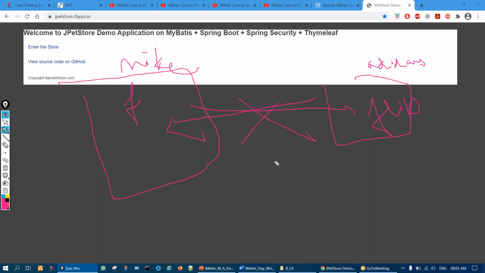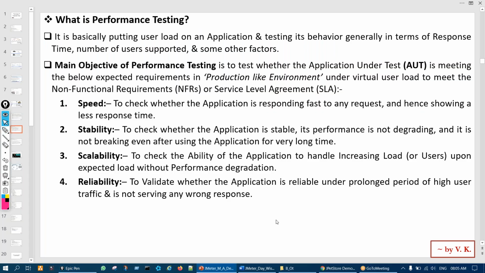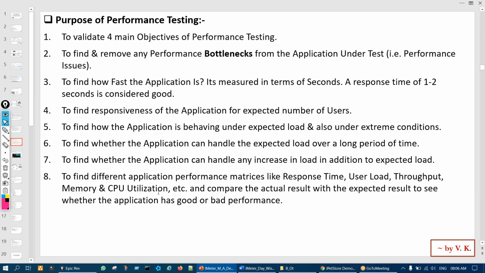It never happens, right? Same way, let us say we book tickets in a train. This never happens that the system will give you a wrong ticket, or a wrong seat will be booked, or a wrong train or wrong destination will be booked. So that comes under reliability. In that we check whether the system is not giving any wrong response. We check that it gives a correct response for the activity the user is doing. So that is the purpose of performance testing.